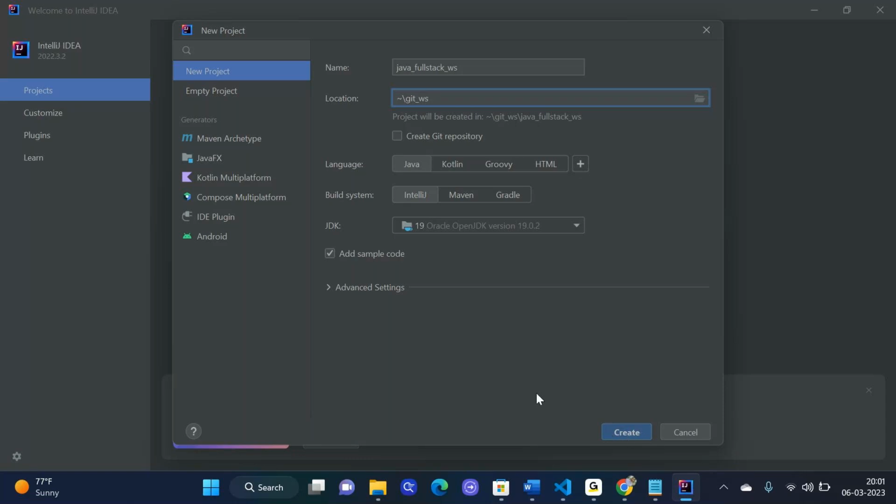Then you select Maven. The first option is create a Git repository. Also select the checkbox for create a Git repository. And in the advanced settings,